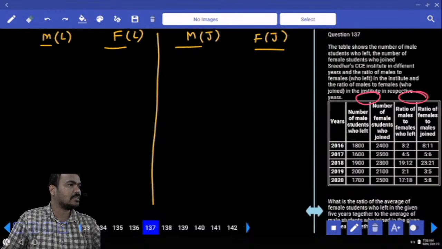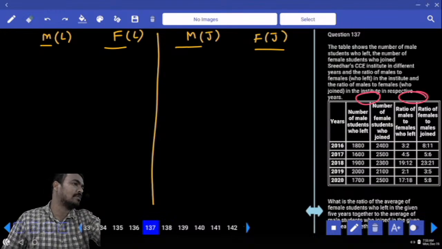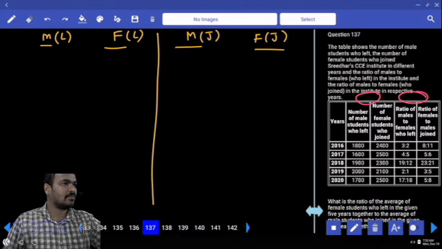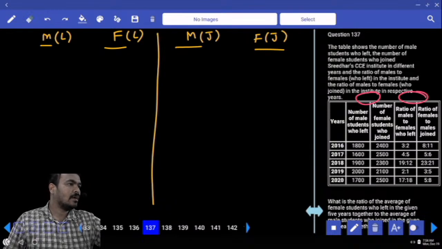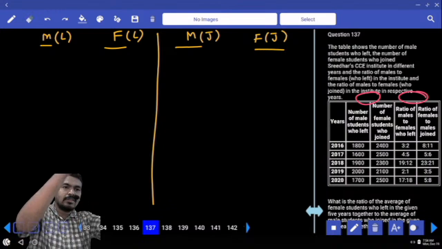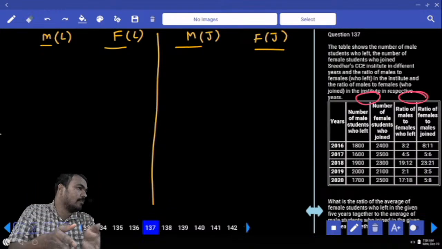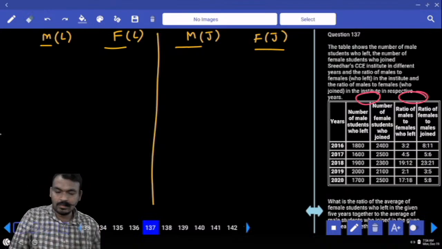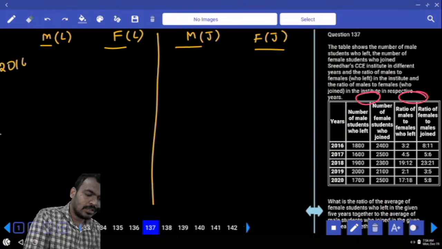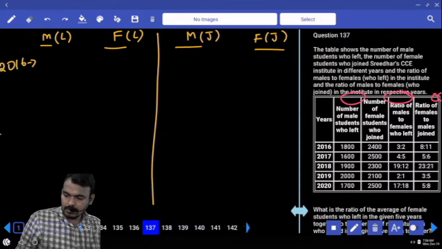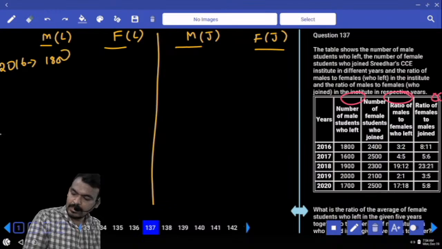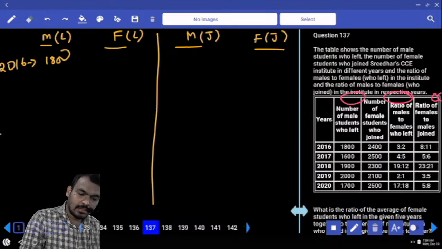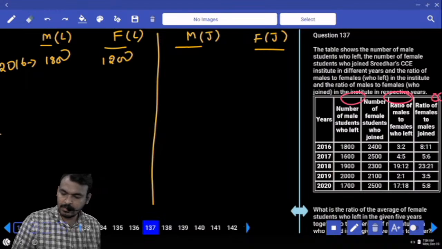2017 starting value. In this one, some persons are left, again some persons are added. Some persons are left means those are in male and female. Next, some persons are joined means those are in male plus female joined. Okay, first we need to identify the individual male left, individual female left. After that, individual males are joined and individual females are joined. In 2016, what is the male left value? 1,800. That represents how many parts? 3 parts. Then 2 parts are how much? 1,200. Male joined value,